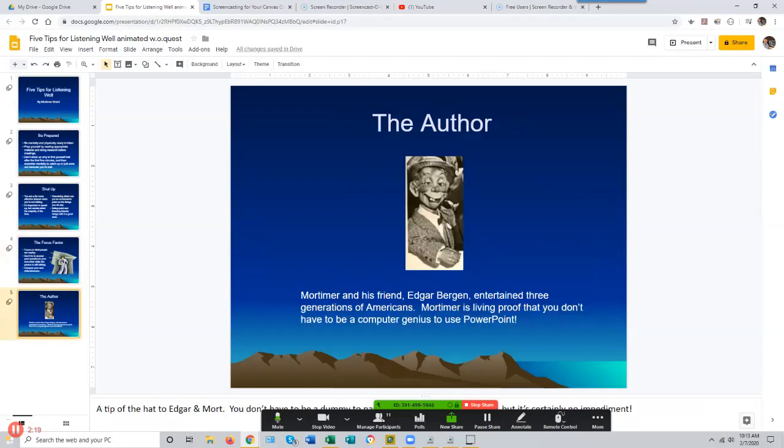And you certainly don't have to be a genius to use either PowerPoint or screencasting, as is entirely illustrated here by our author. Okay. I just paused it. Okay,